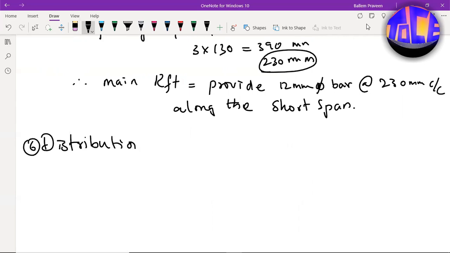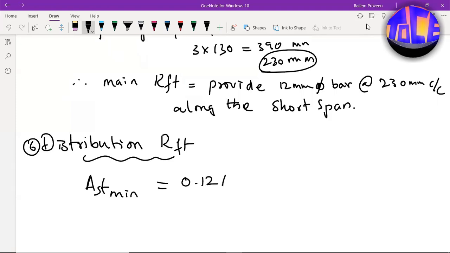Okay, so now coming to the distribution reinforcement, the sixth step. We know that distribution reinforcement is nothing but your minimum Ast, right? So Ast minimum. For a slab, the minimum Ast, if you are using HYSD bars, is 0.12% of b into D. So 0.12 divided by 100 into 1000 into 160, so it is 192